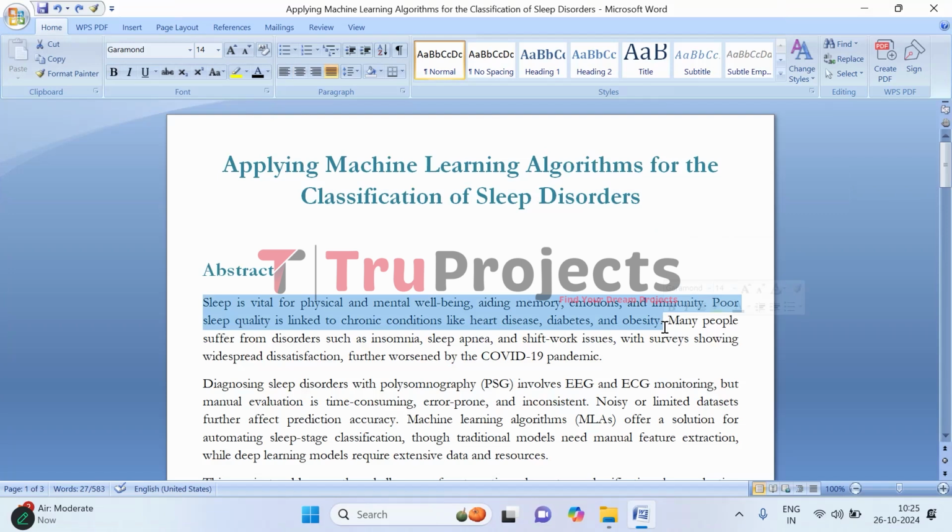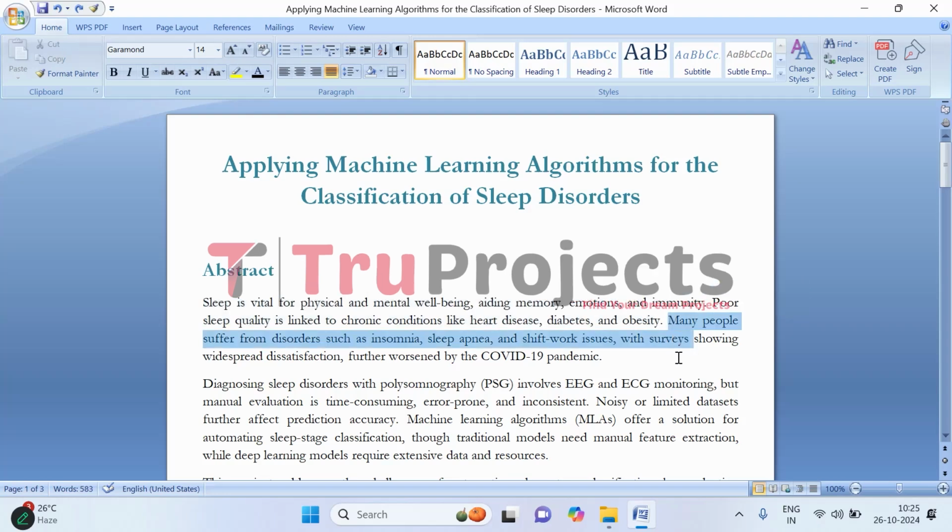So you all know how important sleep is. Sleep plays a crucial role in our overall health, both physically and mentally. It helps us with important functions like memory, emotional balance and even keeping our immune system strong. When we don't get good quality sleep, it can lead to serious health issues like heart disease, diabetes, and sometimes obesity. Nowadays, a lot of people are dealing with sleep disorders, whether it is insomnia,